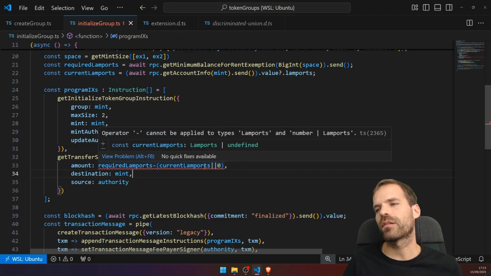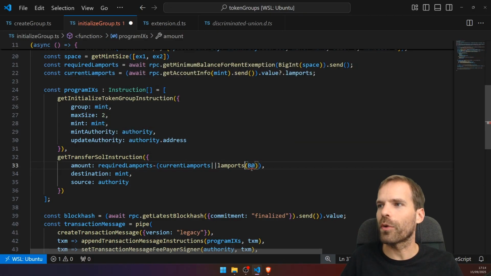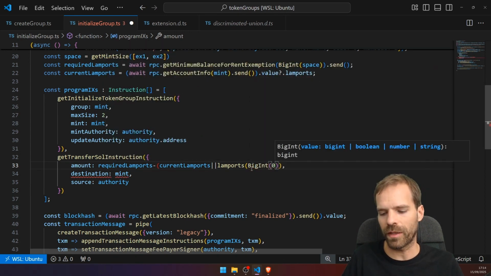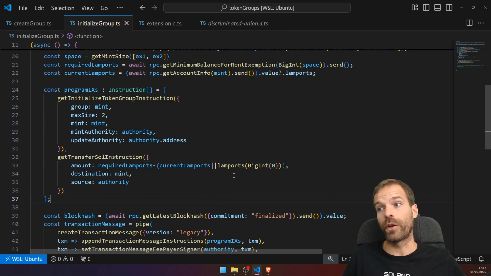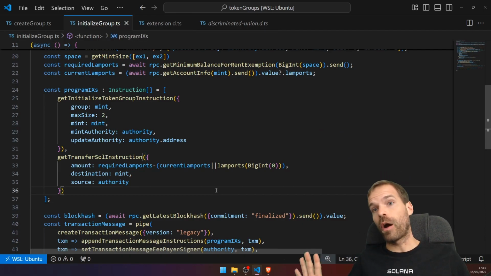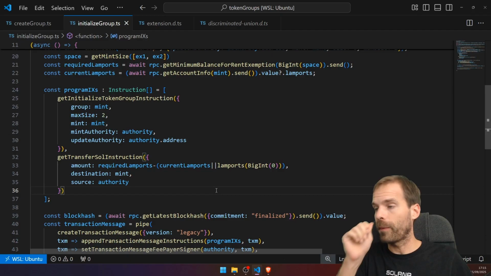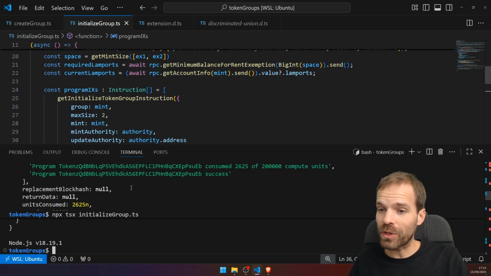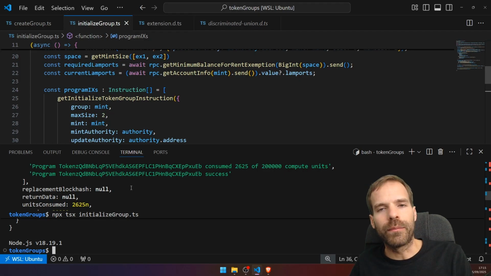Lamports. Oh, this is just annoying. Can you just automatically parse BigInts to numbers? Do I always need to write BigInt? This just makes this so annoying to work with. I'm sorry, another improvement suggestion for the kit: just allow both number or BigInt. Thank you. But like that, it should save our account from being garbage collected since it's under minimum rent,